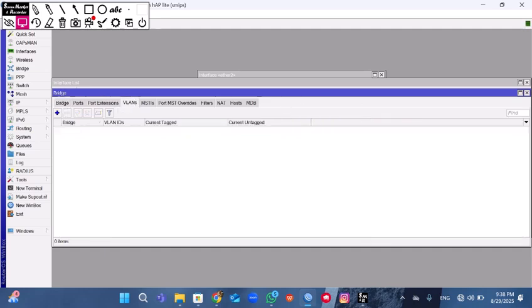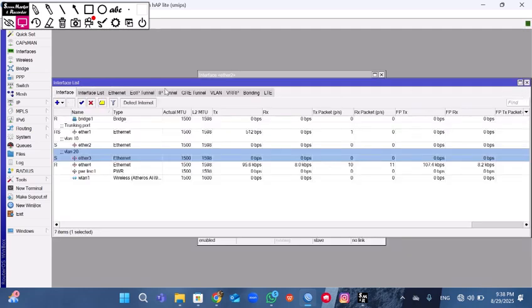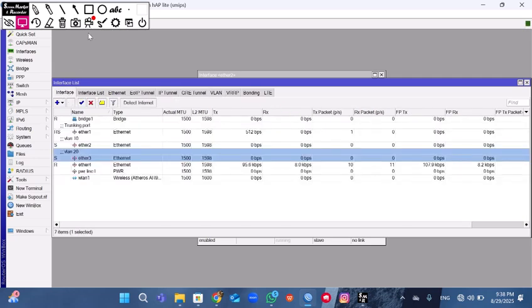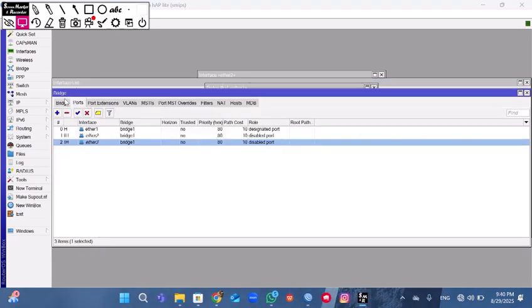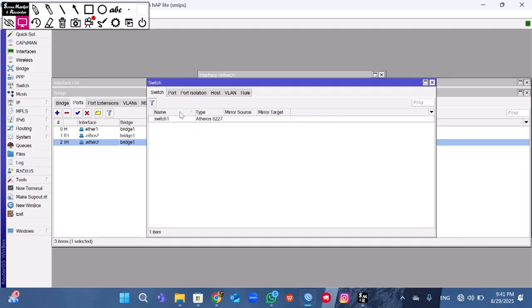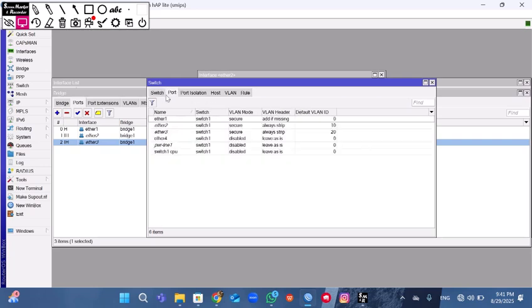After you add the bridge, you go to VLAN here. Wait, upgrade. After that you go to switch and check your switch first. You must have your switch.